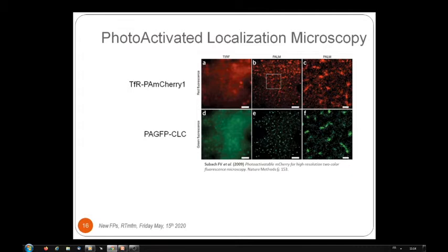Here is the classical experiment by the Lippincott-Schwartz group, where they use photoactivatable mCherry to do super resolution using photoactivated localization microscopy between the transferrin receptor and PA-mCherry in red and the photoactivated clathrin light chain, where they showed it was partially co-expressed. So this is an interesting outcome that made PA-mCherry rule over PALM for about 10 years,